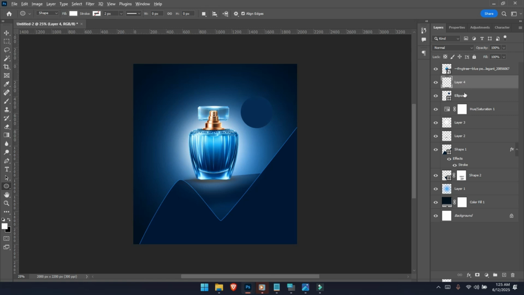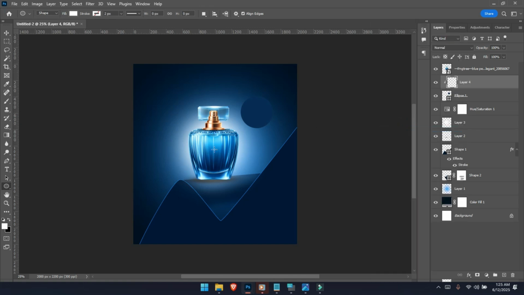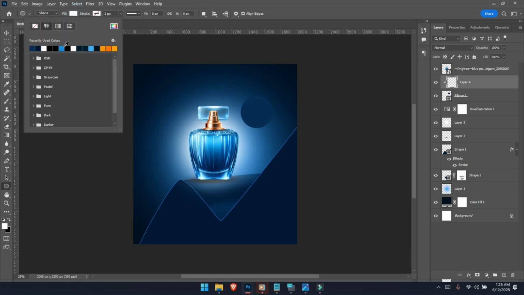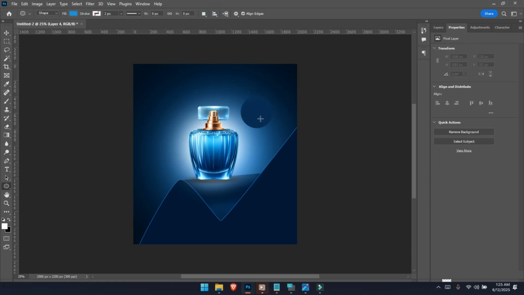a clipping mask. Or you can right click and hit on clipping mask. All right, so change over to this color and sorry, use your gradient to oh sorry,